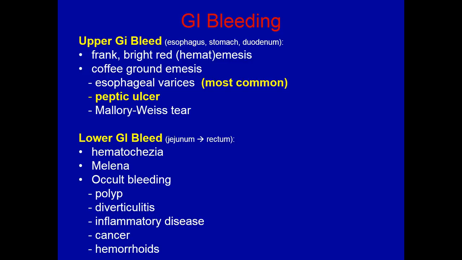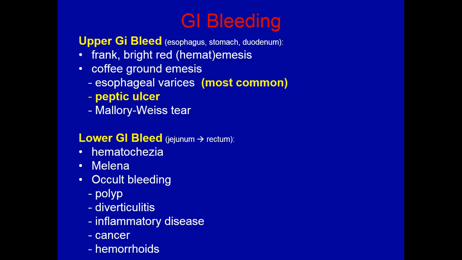You can, of course, have GI bleeding anywhere in the GI tract, and we talked a bit about that already. Some of our slow bleeding with inflammatory diseases and stuff like that. But now we're talking about some larger amounts of bleeding going on and why that might occur. So we can have upper GI bleeding. Upper GI bleeding refers to anywhere that's bleeding in the esophagus, stomach, or the first part of the small intestine, the duodenum. Often what you're going to see with upper GI bleeding is bright red blood, because usually it's a fast bleed, and